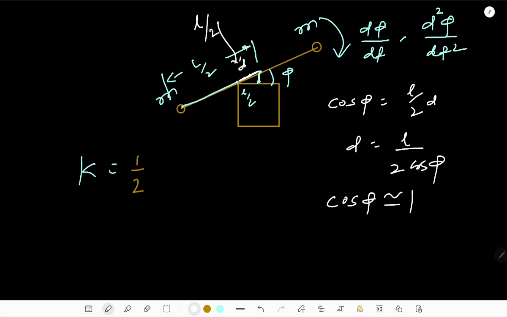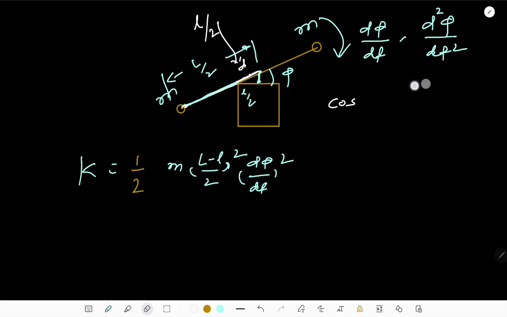So the distance we are looking for is going to become capital L by 2 minus a small l by 2. So let me write the moment of inertia, that is mass times (L minus l by 2) square. This is the moment of inertia, half I is completed. And now I'm going to write omega square. Omega is d phi by dt, so d phi by dt square. So the left rod